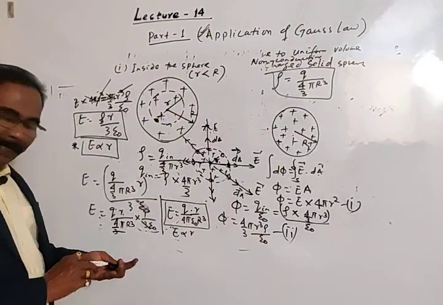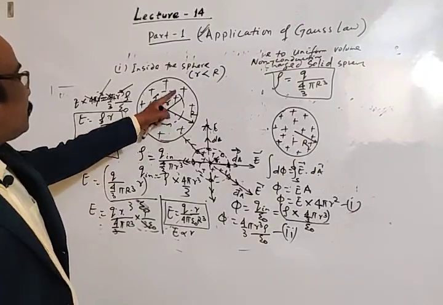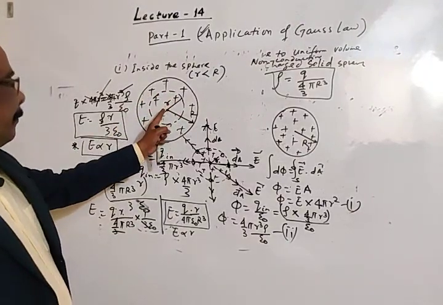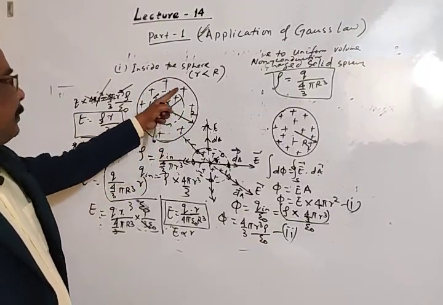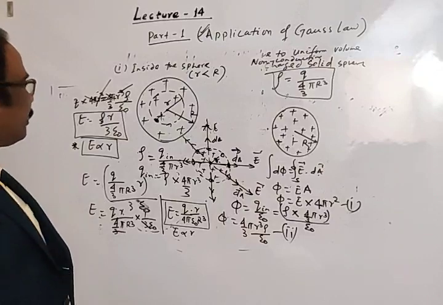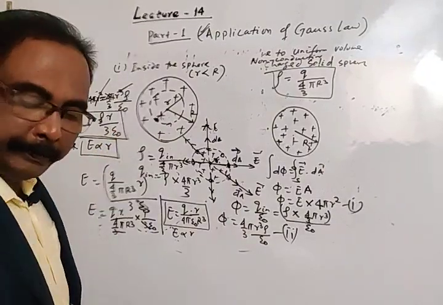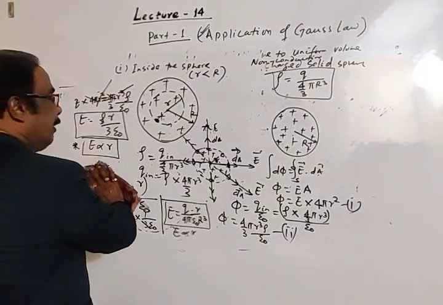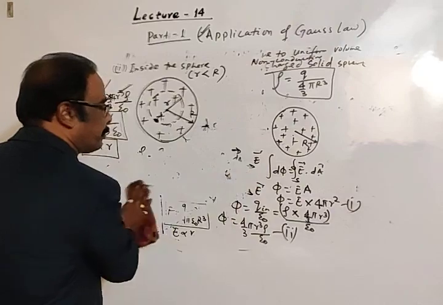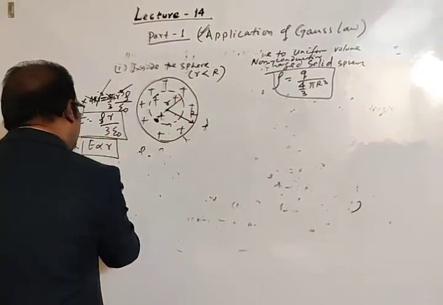Okay, then this is for inside the body of radius r, inside the sphere. Inside the sphere means here small r is less than capital R, and this formula is enough for you. Okay, no need to use this. This is your formula inside. The next point, this is inside the sphere.